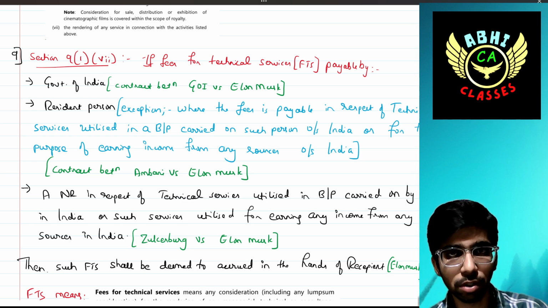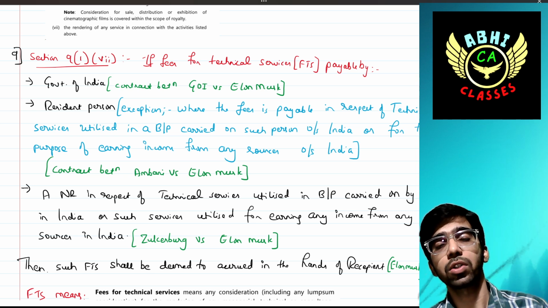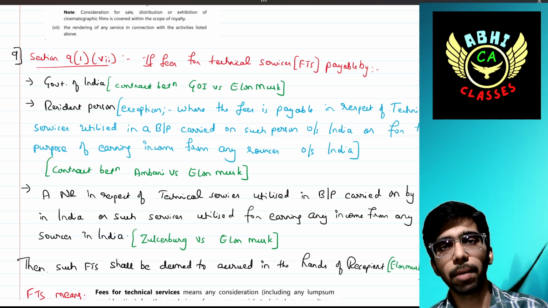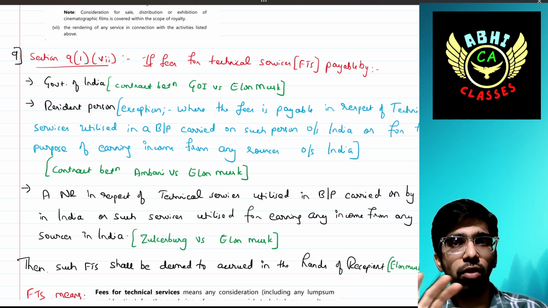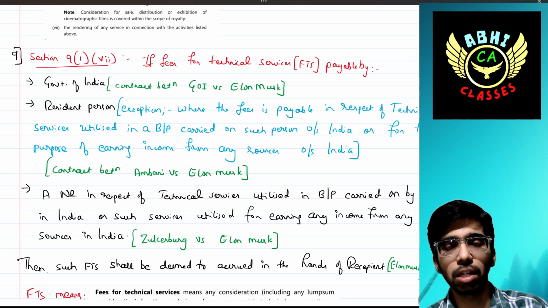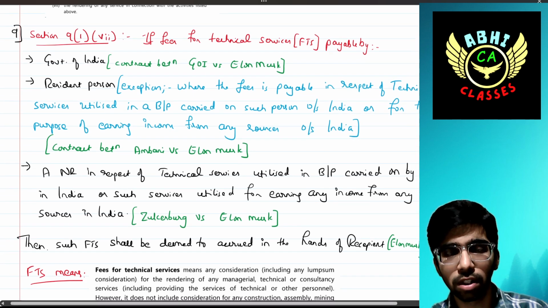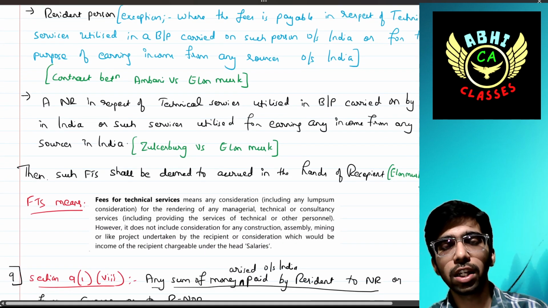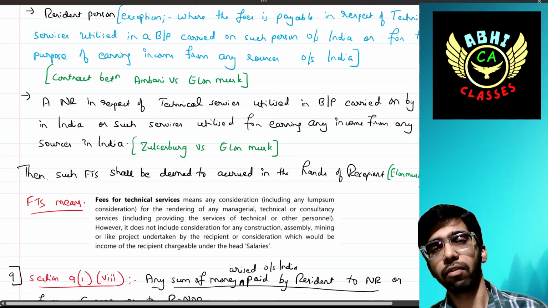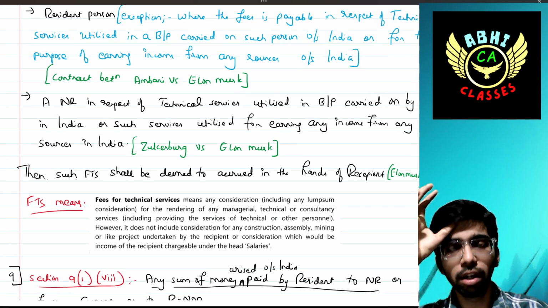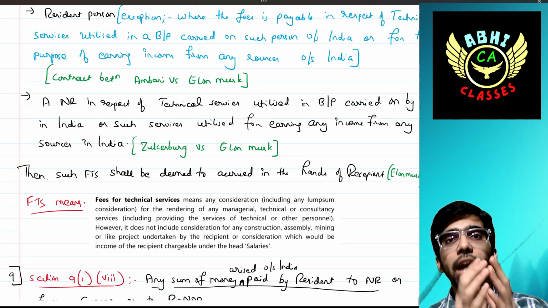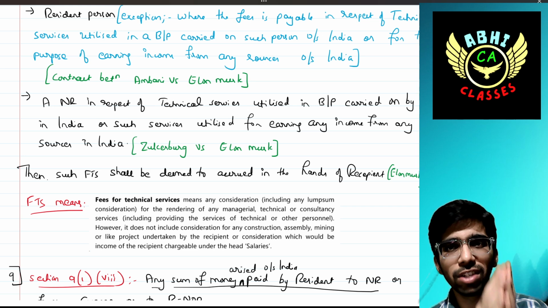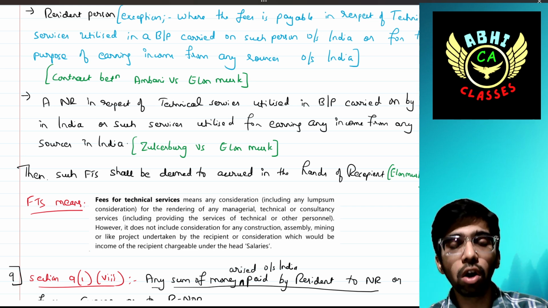Elon Musk. The exception is if it is used for a business or purpose outside India or any other purposes outside India, then the receipt of that FTS will not be taxed, it is not taxable in the hands of Elon Musk. The same concept as royalty. If the fees for technical services are payable by an NR, that is Zuckerberg, to Elon Musk for services carried out in India only for the purpose of business or profession in India or any other purposes